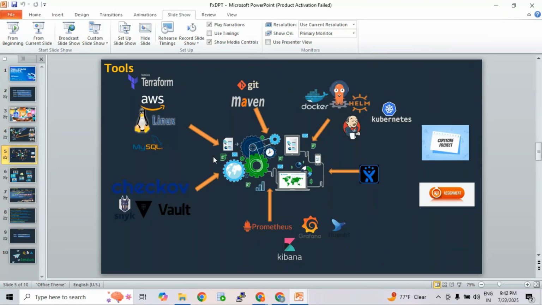These are the high level stacks that we are learning within this full stack. Definitely it's not easy, guys, to learn all of these and become an expert,